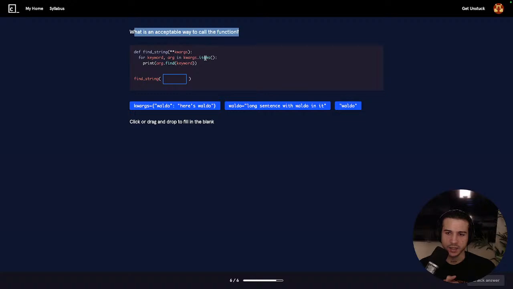So we can pass it keyword args. It would be Waldo, here's Waldo, or we could pass it Waldo equals long sentence with Waldo in it, or we could just pass it Waldo. So it needs to be a keyword. So it's either 1 or 2, but I believe it's 2. And it's saying for keyword arg, so Waldo is the keyword, long sentence with Waldo in it is,